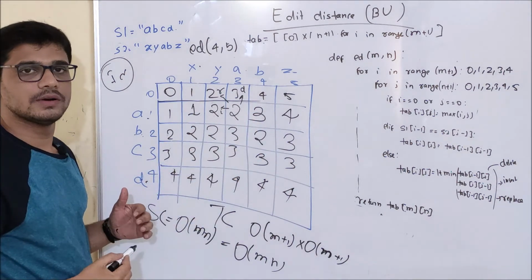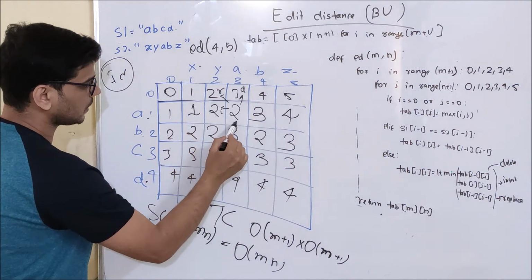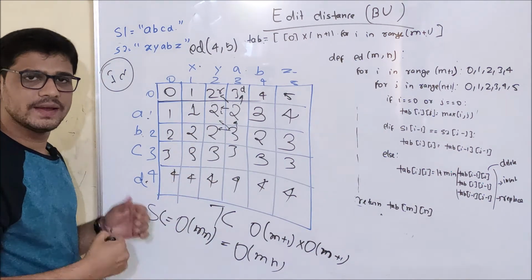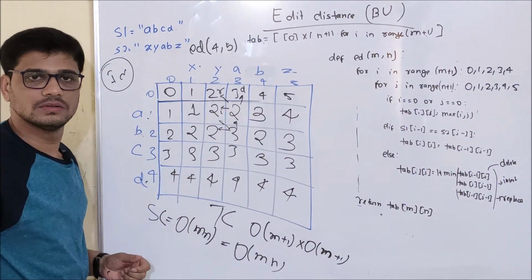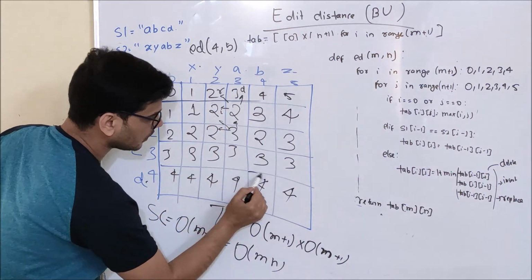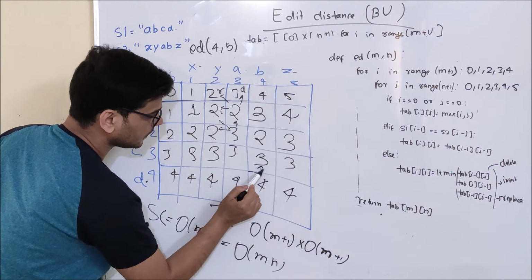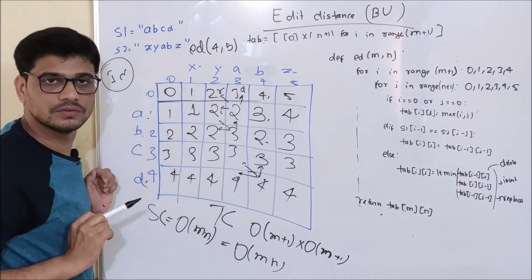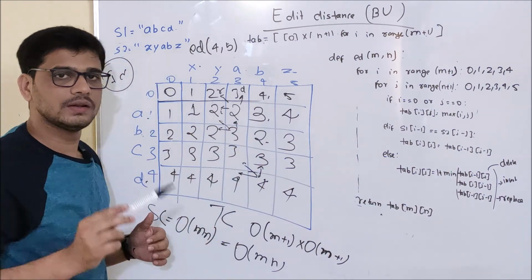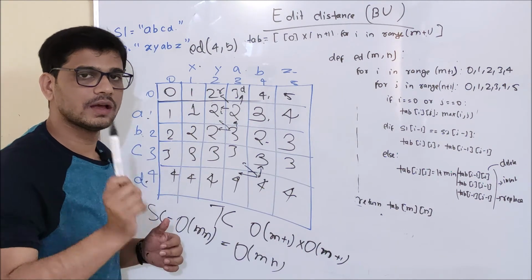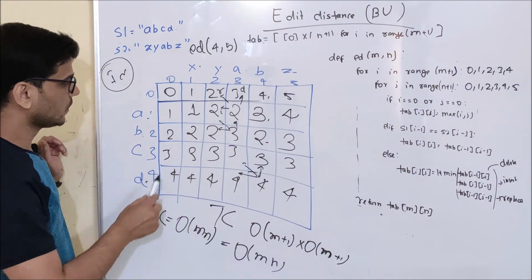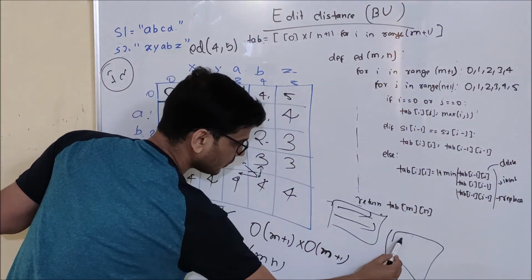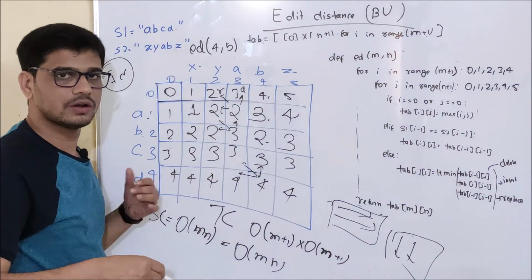how I am updating this particular table. If I am updating this particular cell, I need either this value, or this value. Do I need any value from the 0th row? Answer is no. Again, suppose I am updating this particular cell, so I will need a value from here, here, or here. So do I need a value from here, here, or here? Answer is no. So can this particular thing be done in order of m or n or not? Answer is yes. See, one more thing, I can update this table row wise also or column wise also.